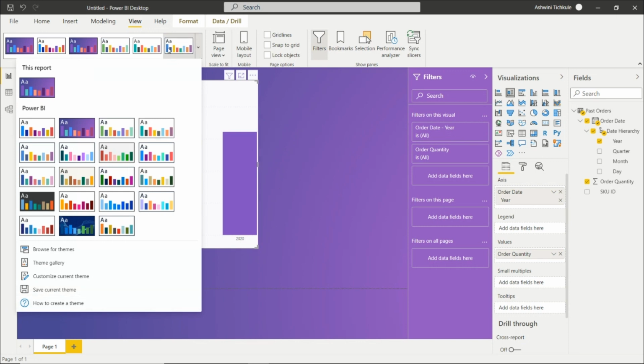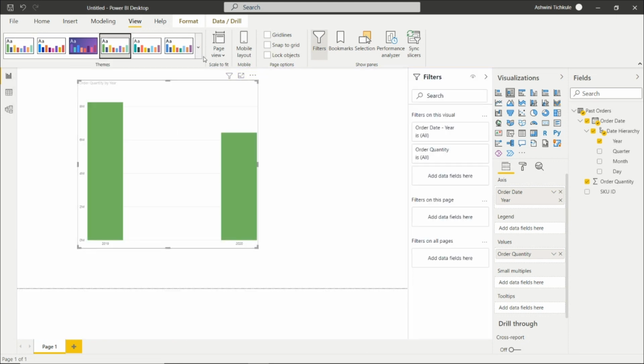Okay, so after this, here is one option for Scale to Fit. In the page view, there are three options: fit to page, fit to width and actual size. So let's apply and see what will happen for these options. If we select this visual and set fit to page, this dashboard fits to the page.